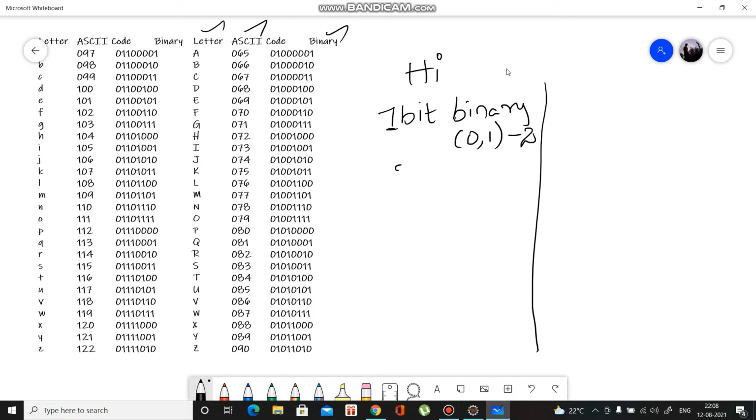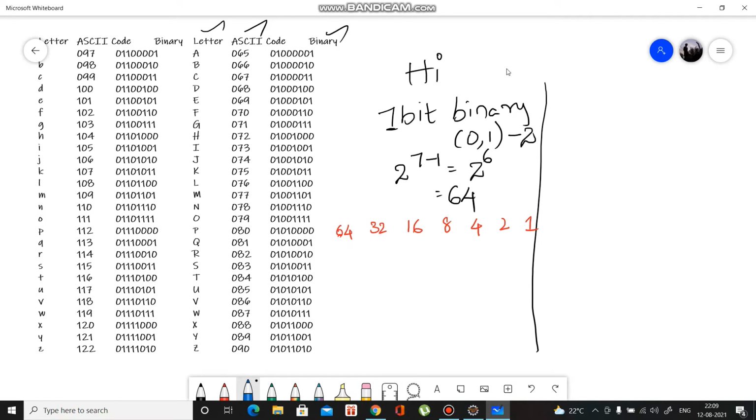For 7 bits, 2 power 7 minus 1 is 2 power 6, which is 64. So it will be 64, 32, 16, 8, 4, 2, 1.